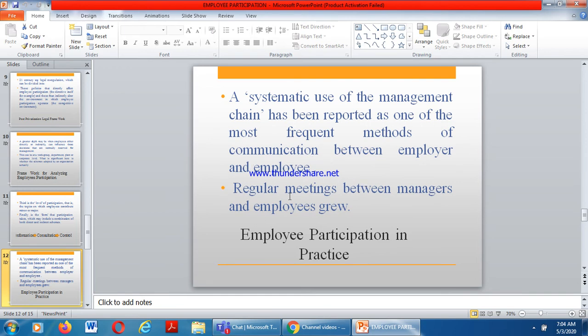Regular meetings between managers and employees are created. The basic objective is that the medium between the top management and the lower management, which was the union, has been gradually sidelined, while there is a direct relation between the top management and the different tiers of the organization: middle, lower, supervisory, and workers. In this way, employee participation has become a regular practice of all the organizations around